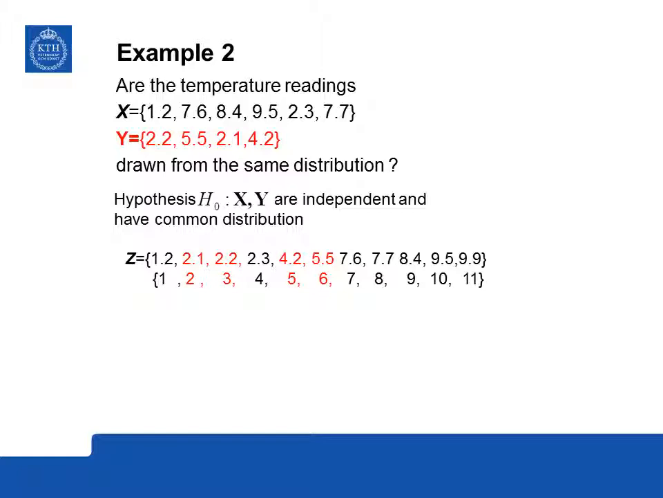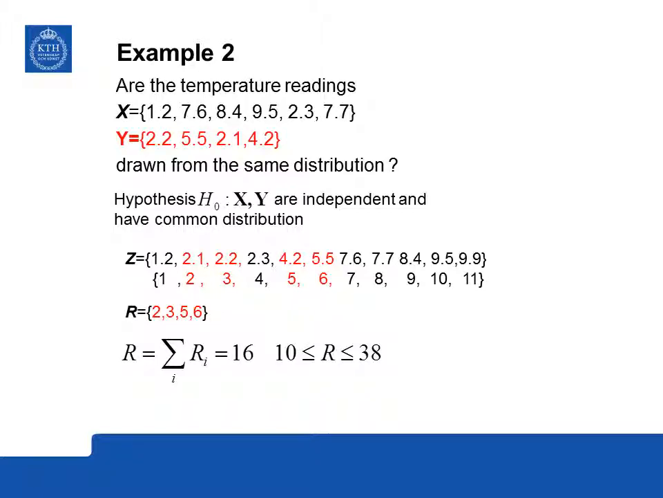So the rank numbers of the x's are black here, and the rank numbers of the y's are red. For the sake of simplicity, we look at the rank sum of the population with the lowest number of values, and that will be the y's. So we look at the rank numbers of the y's, which are the red ones, 2, 3, 5, 6, and we compute the rank sum, which is 16. Now the question: is 16 large or small, or does it fall into the range where we should reject the